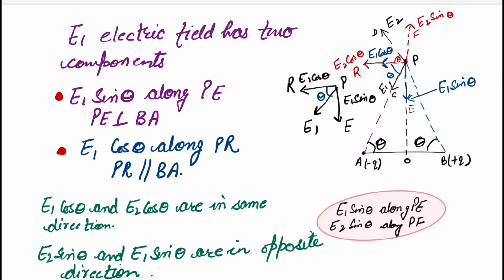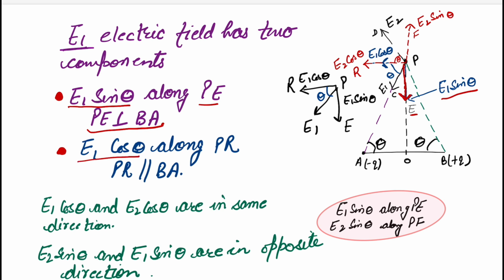Now let us resolve the components of the first electric field intensity, that is E1. E1 can be resolved into two components. The first component is E1 sin theta. So this is the first component. It is downward and it is E1 sin theta. E1 sin theta is along PE. This is point E, and PE is perpendicular to BA. The second component is E1 cos theta,